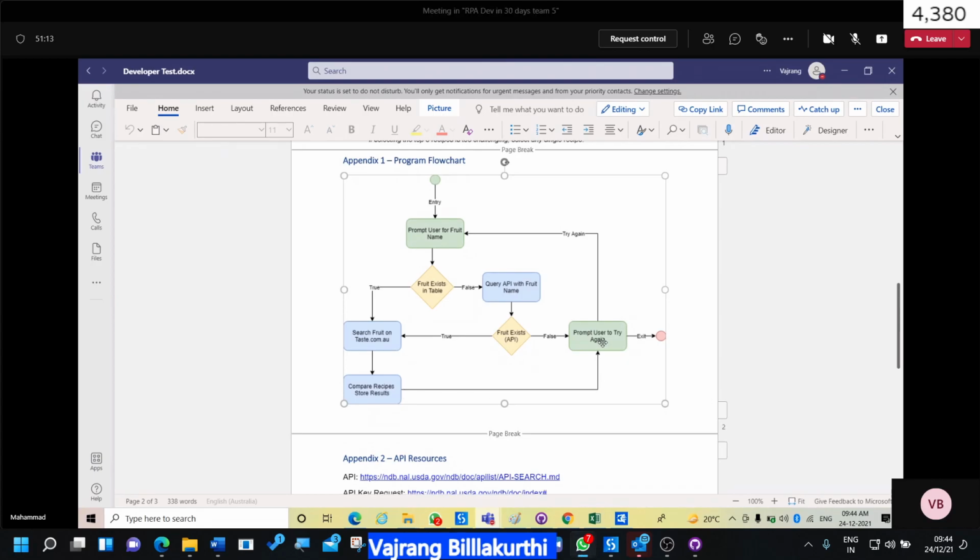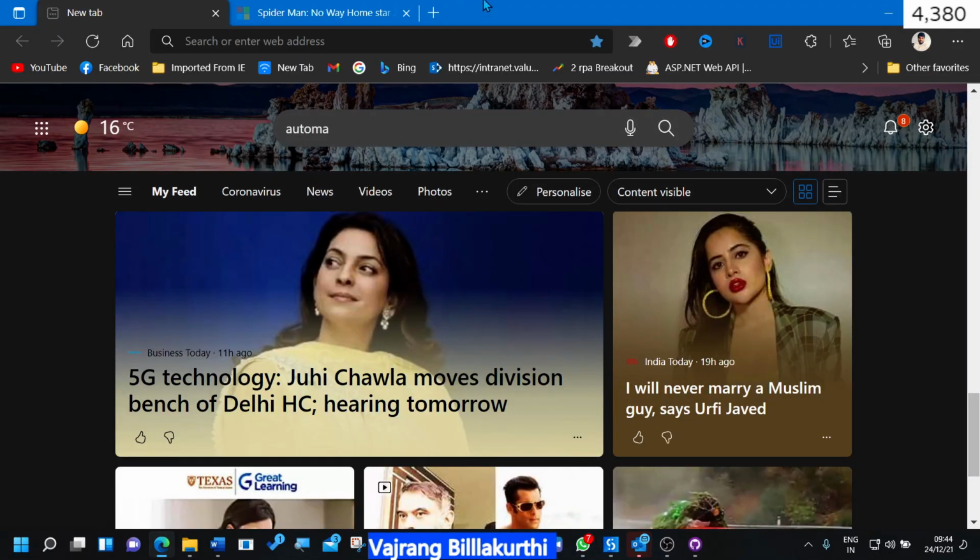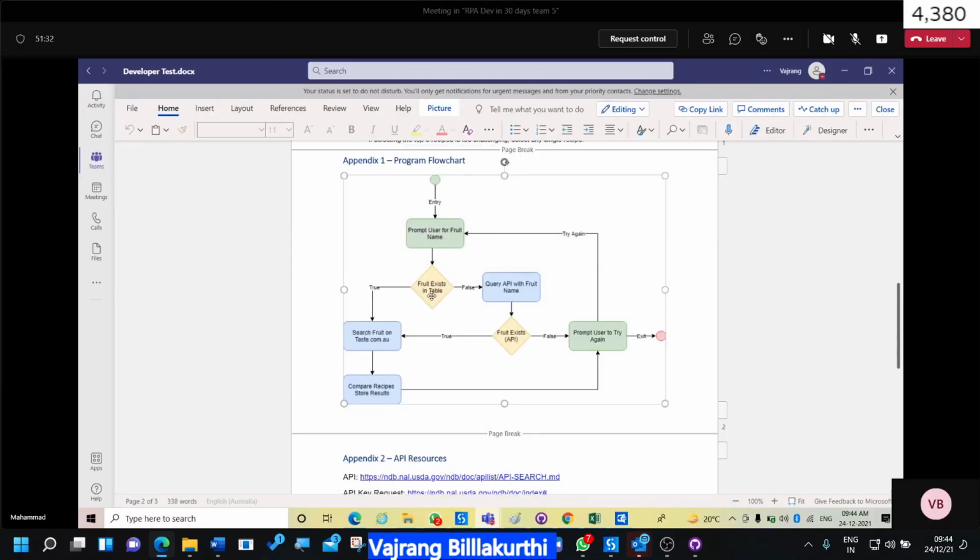And we'll again ask the user whether you want to continue or exit. Okay. And next time, the same strawberry, and jackfruit. We'll take jackfruit. So this time it is jackfruit. The jackfruit is not available in Excel, correct? Yes, Mohammed, so it is not available. Consume the API, and by consuming the API we'll get to know that it is not available in the API also.